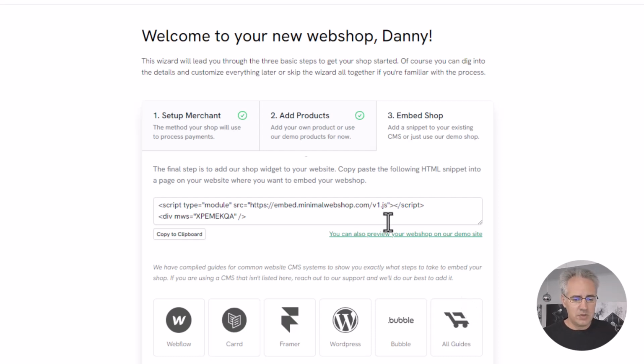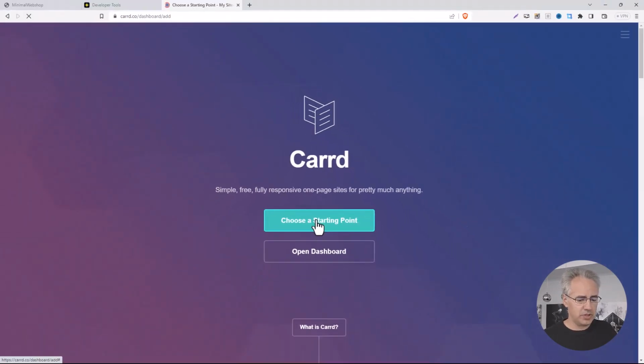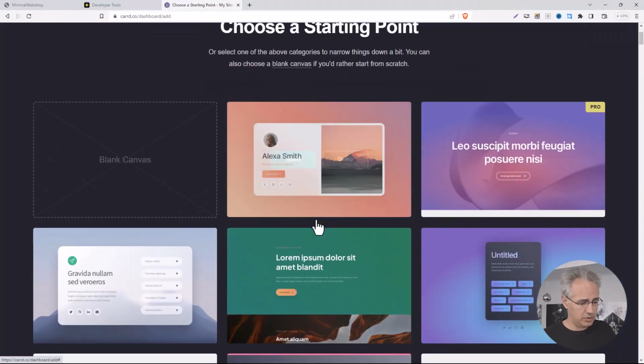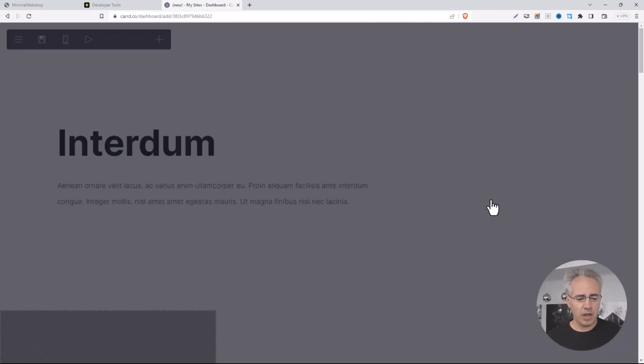Now, I'm going to use a website builder called Card. Card is a very simple website builder that lets you create one-page websites. Now, we're going to go ahead and create a new one. Just choose a starting page. I'm going to select just any of the templates. Let's go with this one. And then